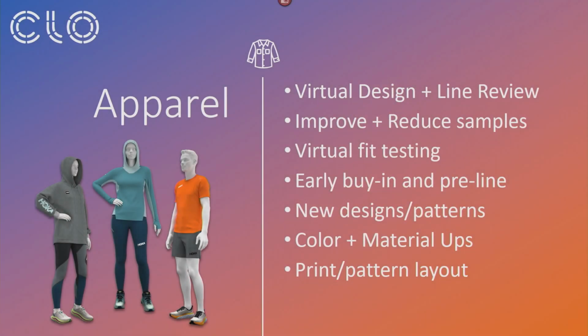And then we implemented Clo maybe 3 years ago now. We're using this also in virtual design reviews and line reviews, which allows for a lot of quick iteration. We're getting a lot of success with design reviews, really being able to show something that's realistic rather than a simple CAD at that stage. And it's relatively quick if you don't worry too much about drape to get these things for those reviews. Again, improving and reducing samples, virtual fit testing, early buy-in